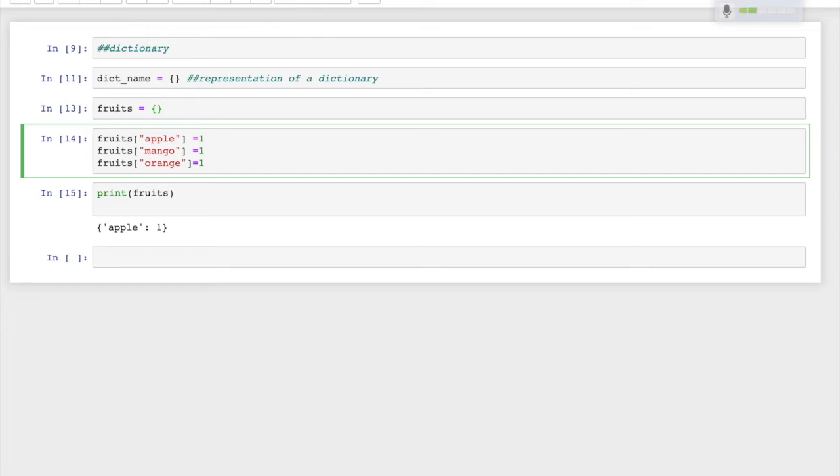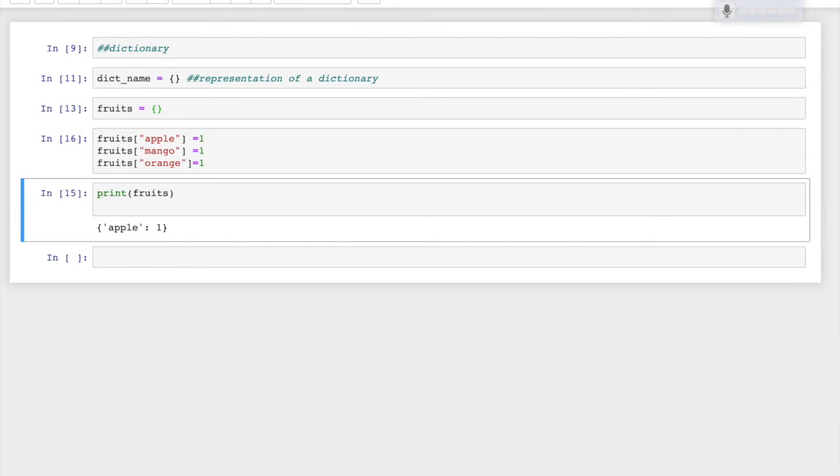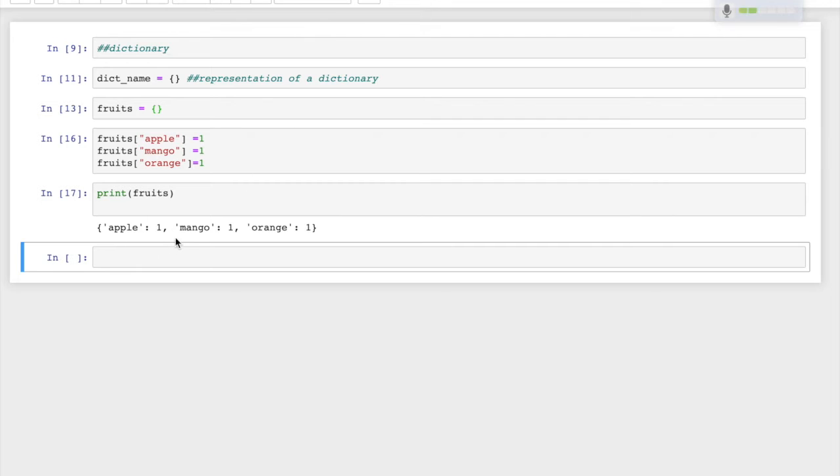For example, if you have 2 apples and the third fruit you pick up is an apple, you will add it to the previous count, so this time you will have 3 apples in your dictionary. Here apple is 1, mango is 1, and orange is 1. Now I want you to add more apples, more mangoes, more oranges in this particular dictionary.